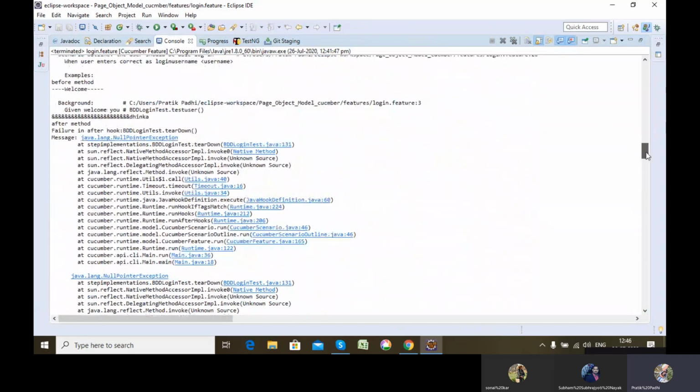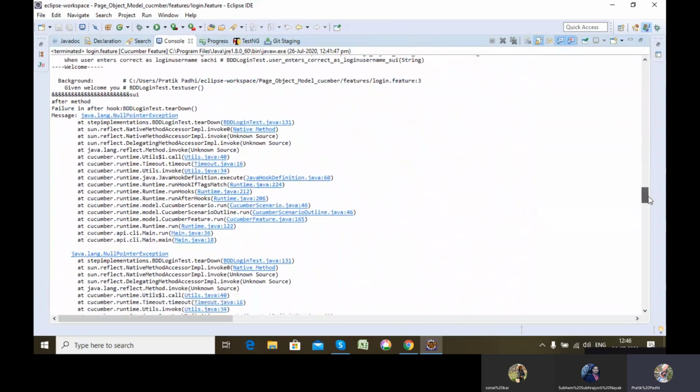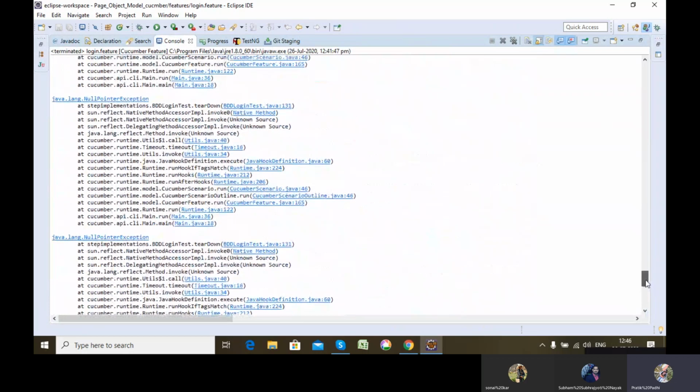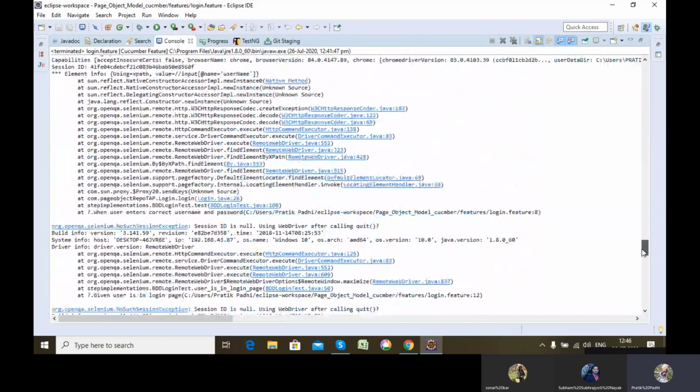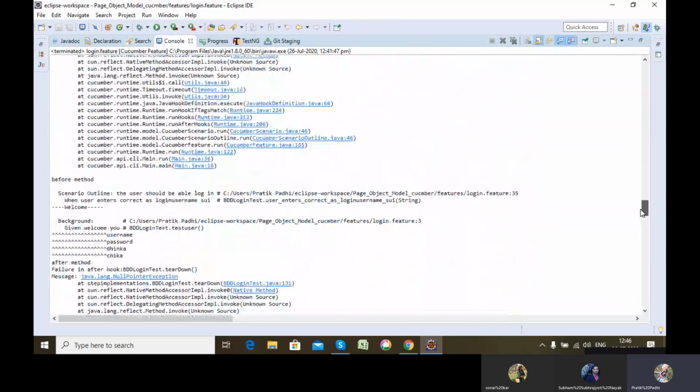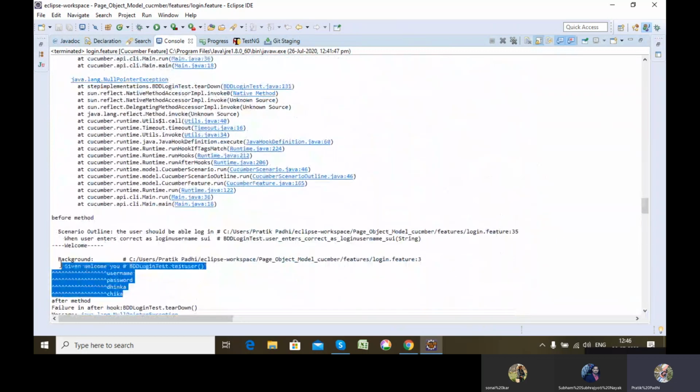And you can see the scenario outline. See, the data table also got executed.